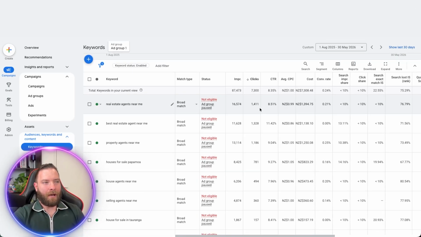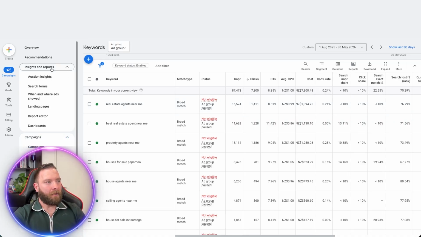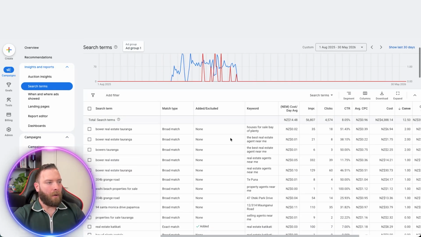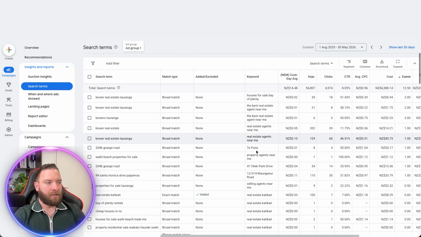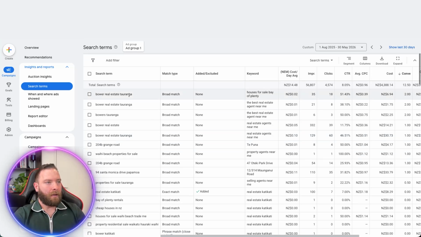So when we jump in this account and go to our previous ad group before we took over, we can have a look at the search terms, and what we'll look at here is the search terms the customer's typing in and the actual keywords they matched against. So as you can see here, this account was riddled with broad match. Now, while the keyword report said that they were typing in house for sale, Bay of Plenty, the best real estate agent near me, the real estate agents near me, property agents near me, you can see that the actual